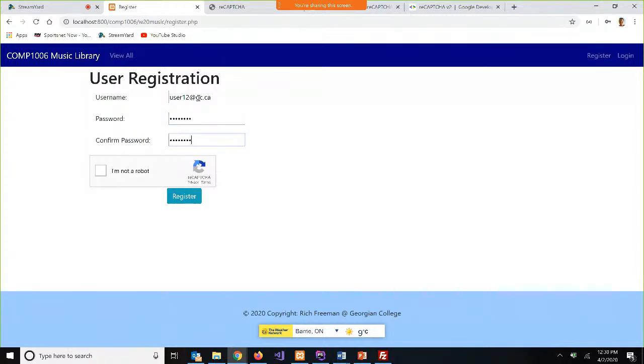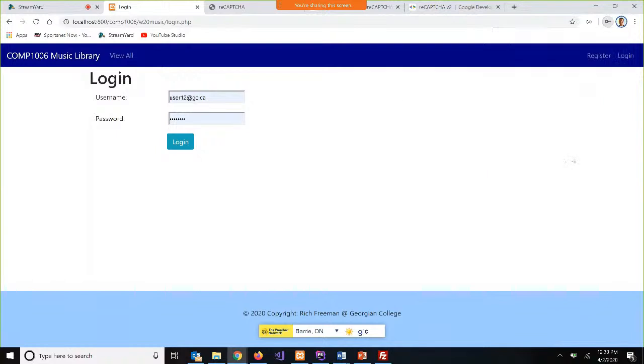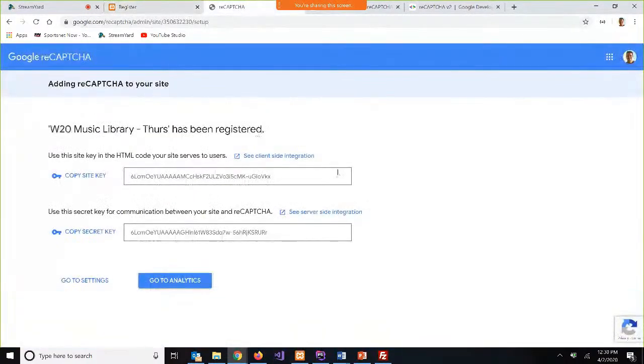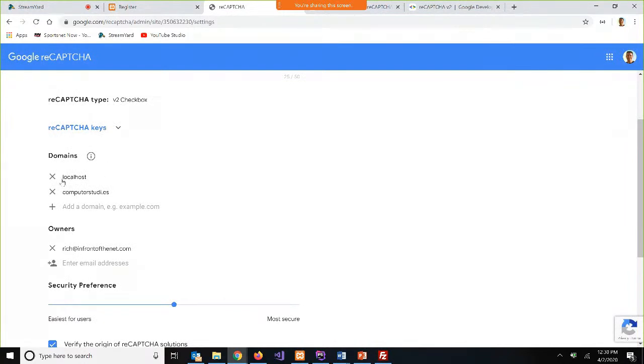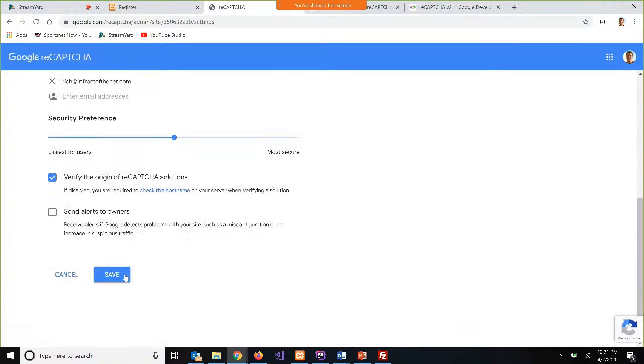So even if I don't check the button and I click register, it still lets me sign up. So we've only done half the job. If you're getting invalid domain, then the issue is here. So go back to your settings, and you've got to make sure in your domain you have localhost here. If I take that out, I will get the invalid domain for site key. So I'm going to take it out and you'll see what we get. If localhost is not authorized to use this API,